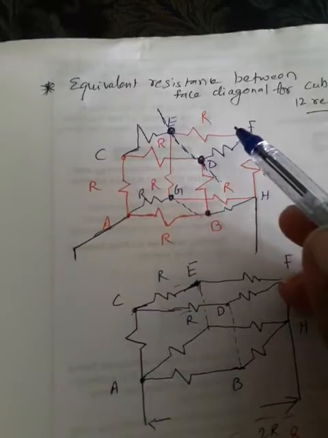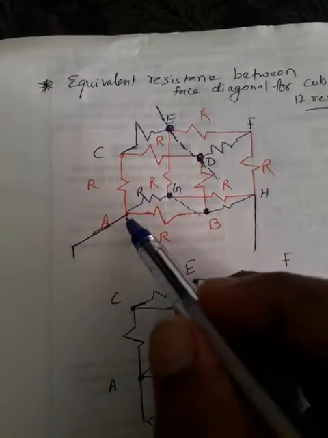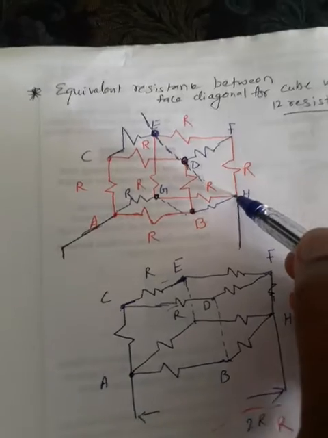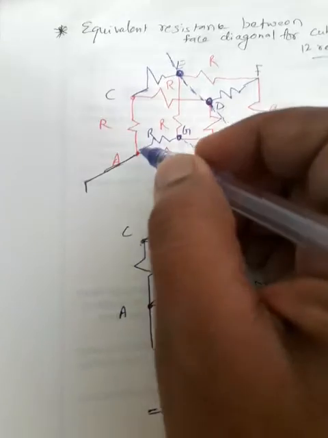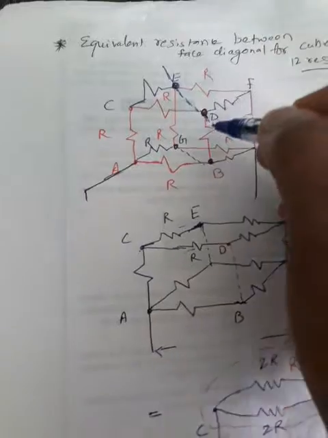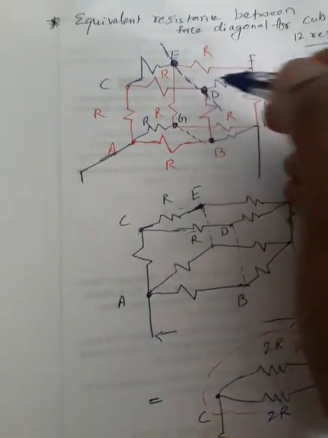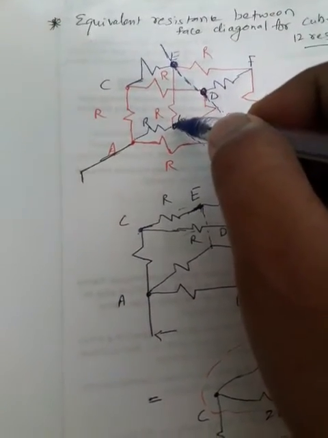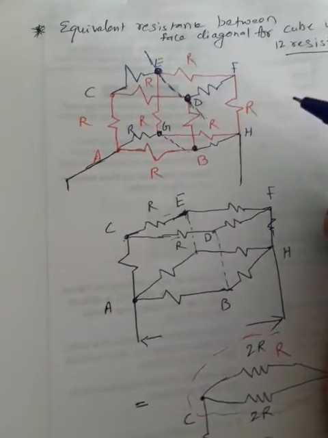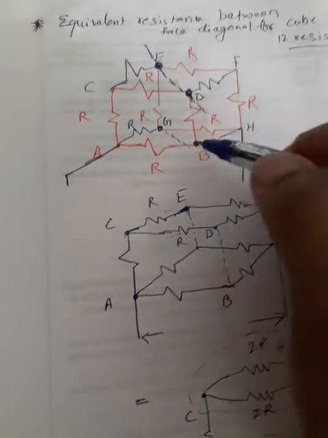So for the face diagonal of this combination, if you look at the diagram, we have the cubical structure formed. We have equal resistance R everywhere, and this is the face diagonal, let us say A and H. Now if current goes through, you find that point E, point D, similarly point G and point B, will be at equipotential,